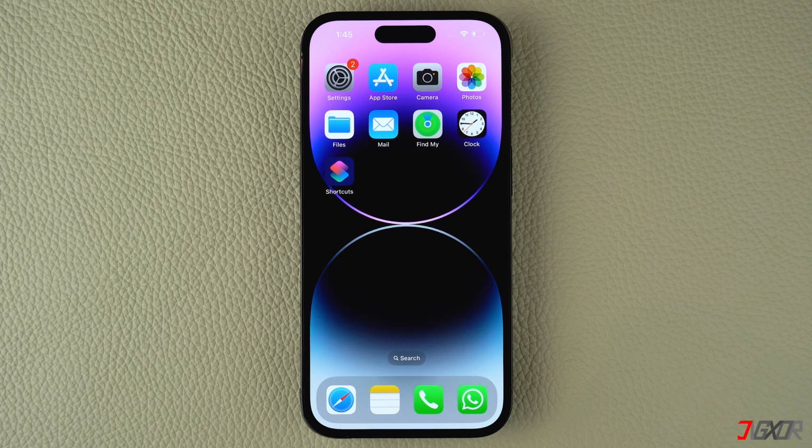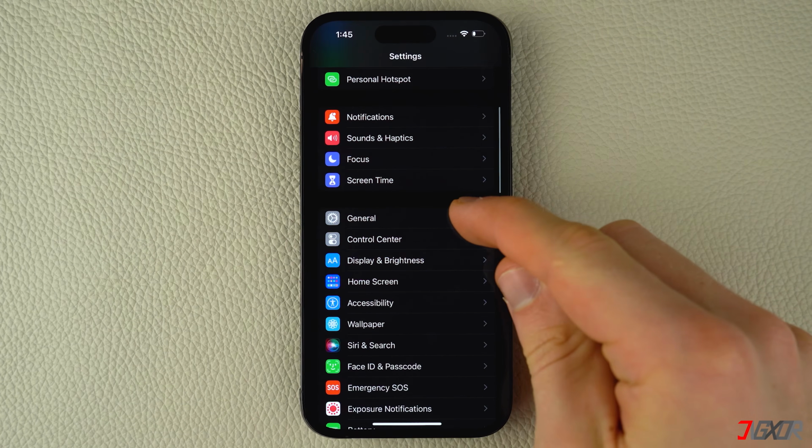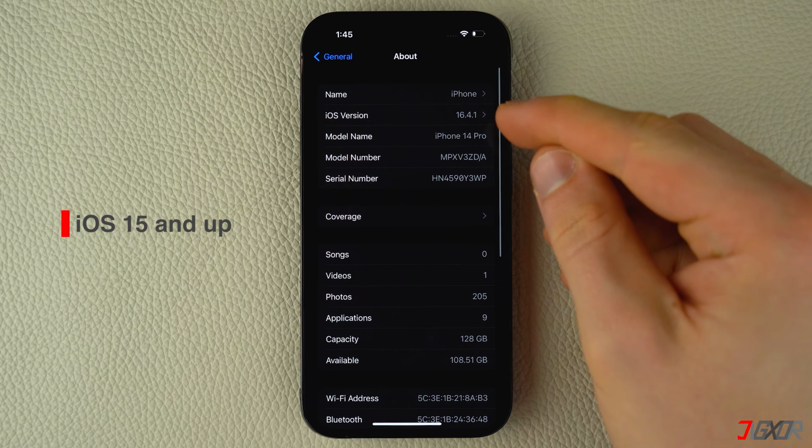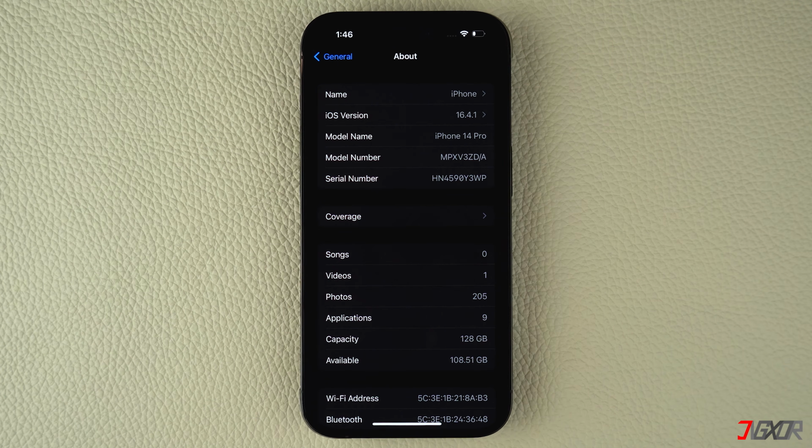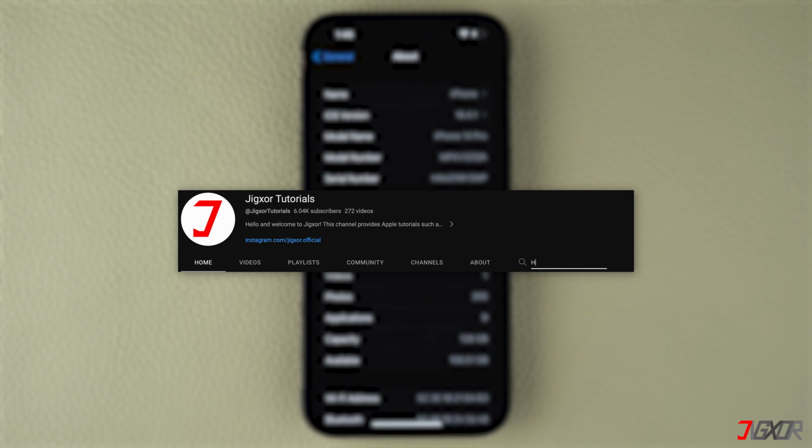If you want to regain access to your iPhone without plugging it into a computer, there are a few things you need to remember so that the method I will discuss later will work for you. First, your iPhone must be running iOS 15.2 or newer version. And most importantly, you need to own the iPhone and have it signed in with your Apple ID. Otherwise, you'll be stuck in the activation lock screen and won't be able to restore your device. In case you don't have access to your iCloud password, you can use our YouTube search to find the solution